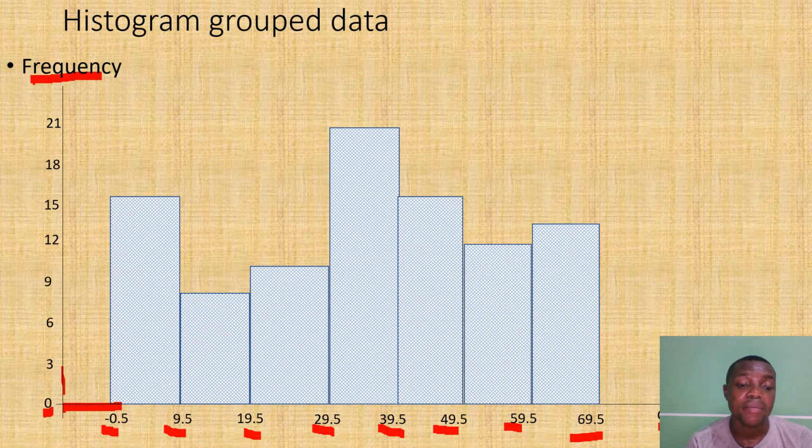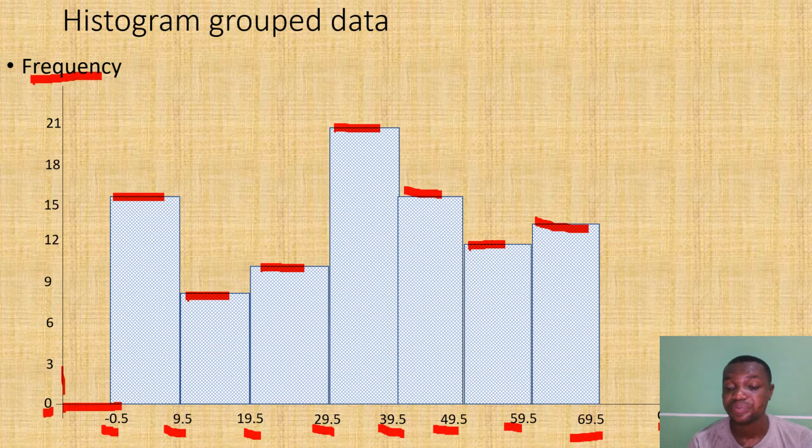So you draw a bar from minus 0.5 to 9.5. You draw a bar to represent it according to the frequency. Then 9.5 to 19.5, draw a bar according to the frequency. 19.5 to 29.5, you draw a bar according to its frequency. 29.5 to 39.5, you draw a bar for it. Then 39.5 to 49.5, draw a bar to represent it. Then 49.5 to 59.5, draw a bar for the same thing. Then 59.5 to 69.5, draw a bar for it. After which you can shade the graph for it